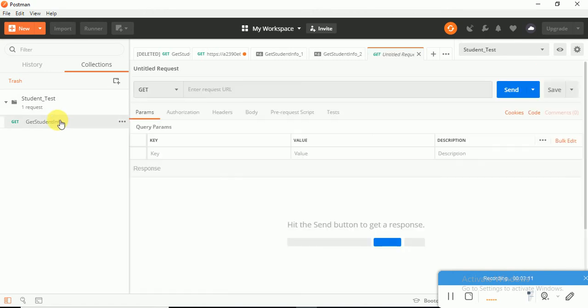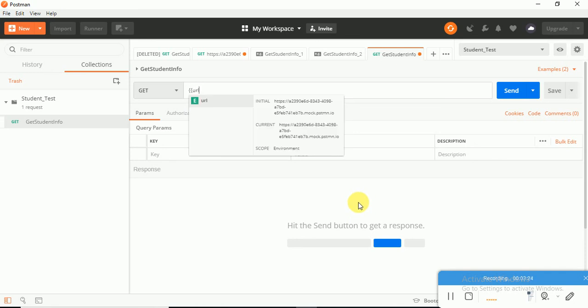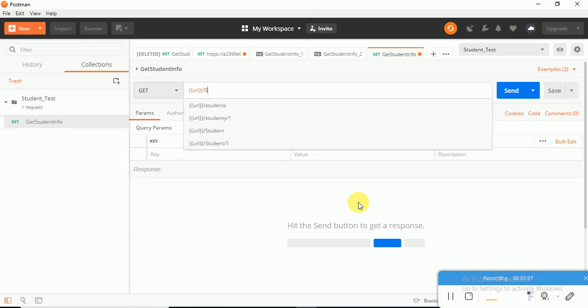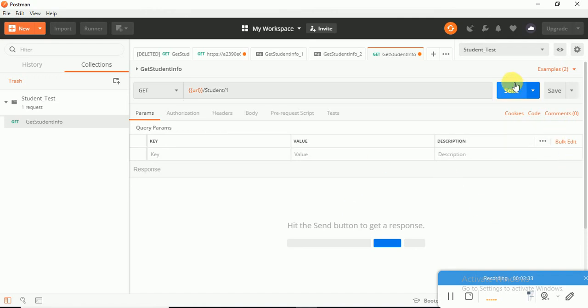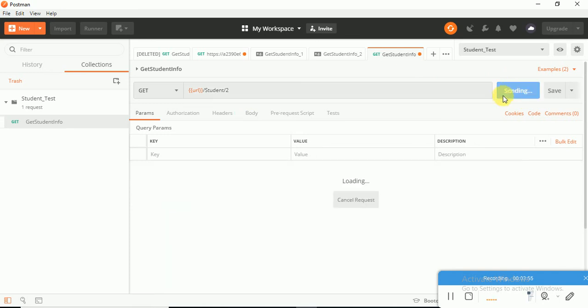So I go back to my request. I will type URL, that is my global environment /student/1. Let's see what I should get. Yeah, I got. So I accessed my first request student 1, so it was a 200 success, and I got the response that I given. So if I access student number 2, I should get